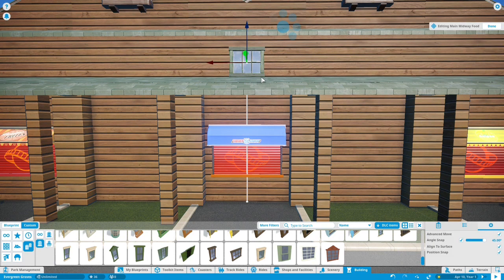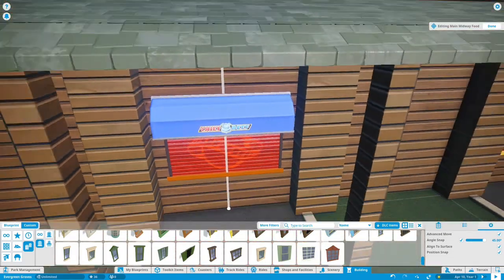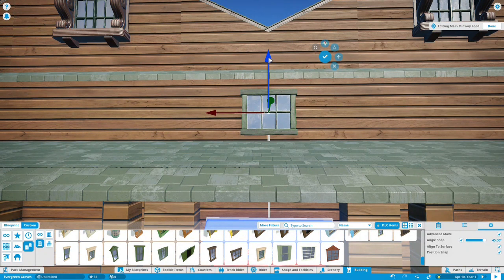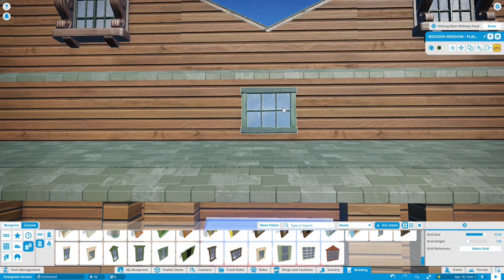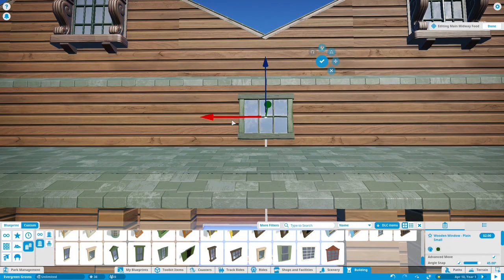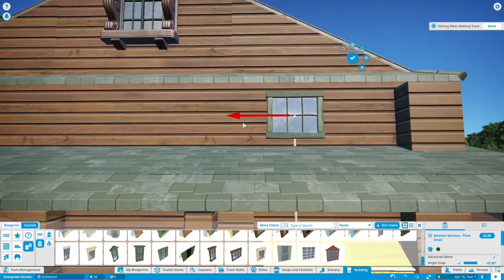I'm going to do the advanced move on this piece and try to center it. Roughly center, just to give it a more interesting look. I think that looks pretty good. So we'll do the advanced duplicate and move tool. We'll slide this over and we're going to do it